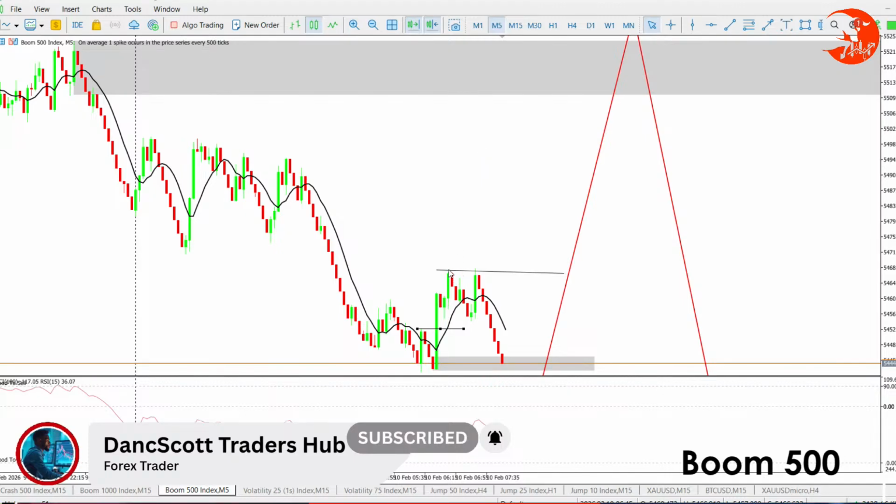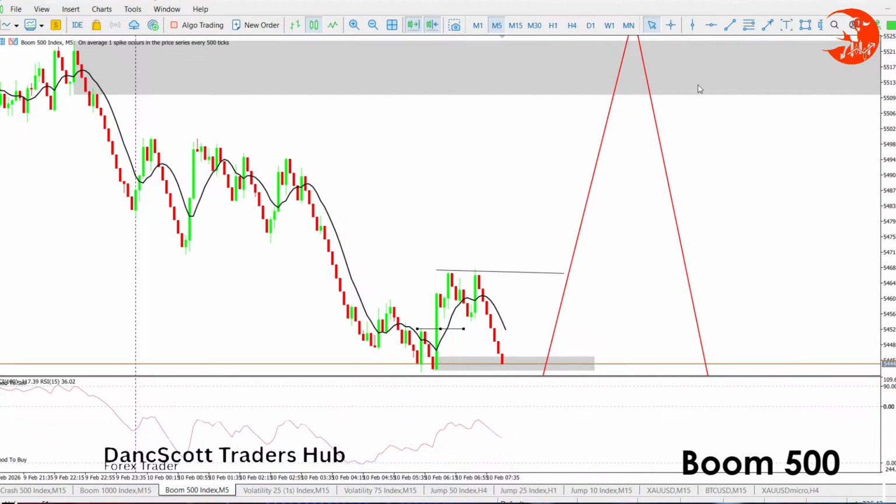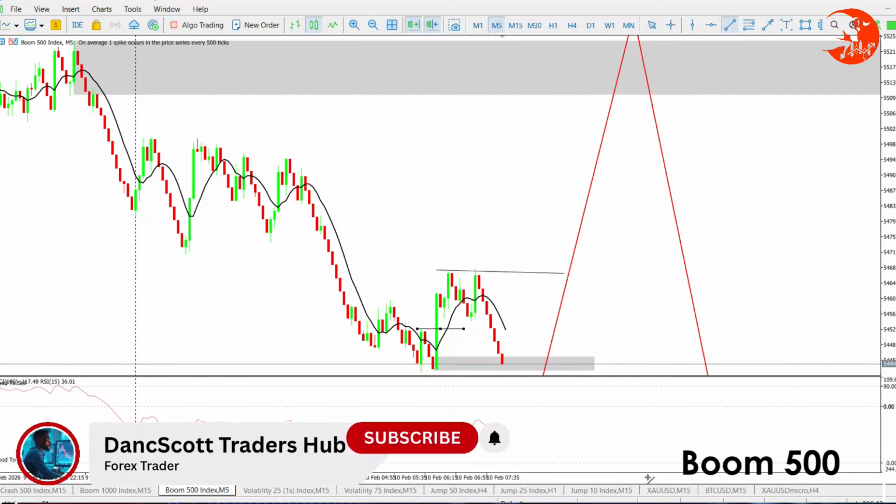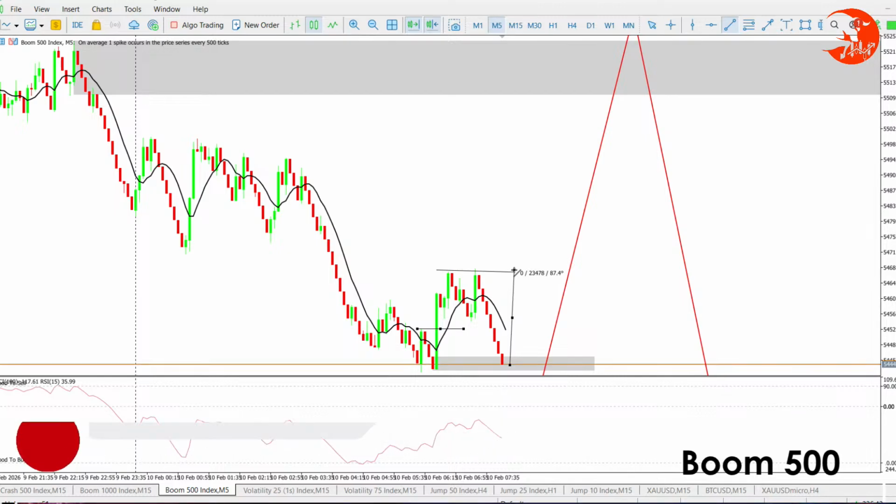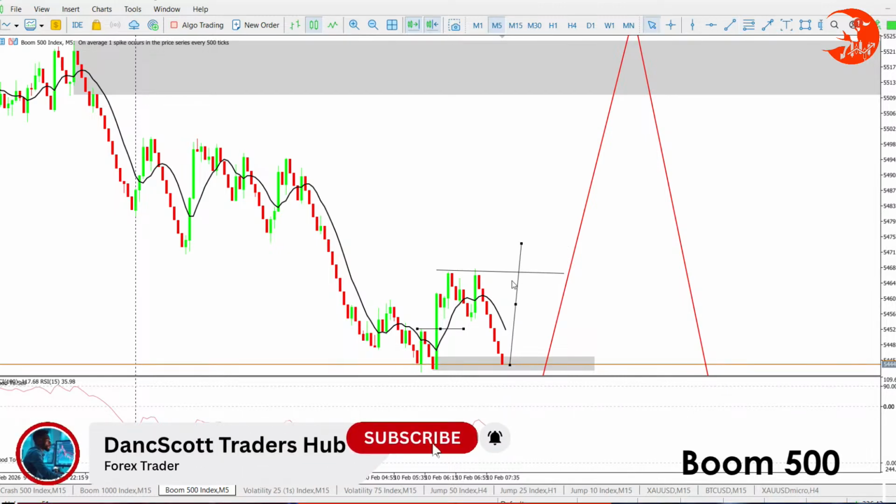Right here gave us a high, there dropped, failed to continue, now dropped again, looking for this liquidity. Now if it fails to break this order block, the next buy is going to be a big spike. The next candle, probably at 11, it's going to be a big spike to either bring us back there or even break through like that.